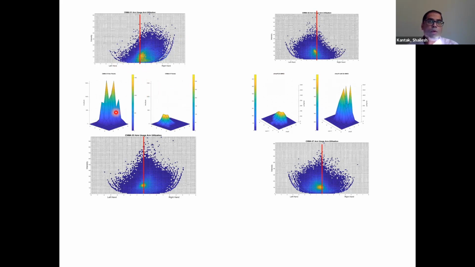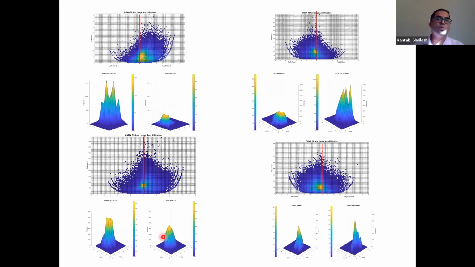the motor cortical representations in these patients is also highly asymmetric. But if you compare that with those patients who are relatively less asymmetric, or rather more symmetric, you see a more symmetric representation of the motor cortex. So again, with these 4 subjects, this is not clearly conclusive, but quite encouraging, and makes me think more about what these maps might represent, and could these be a potential target to promote arm use after stroke.